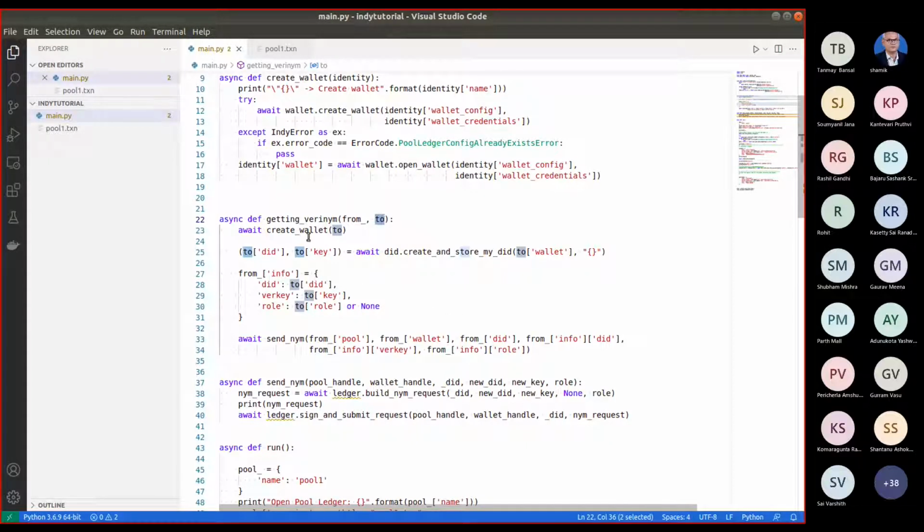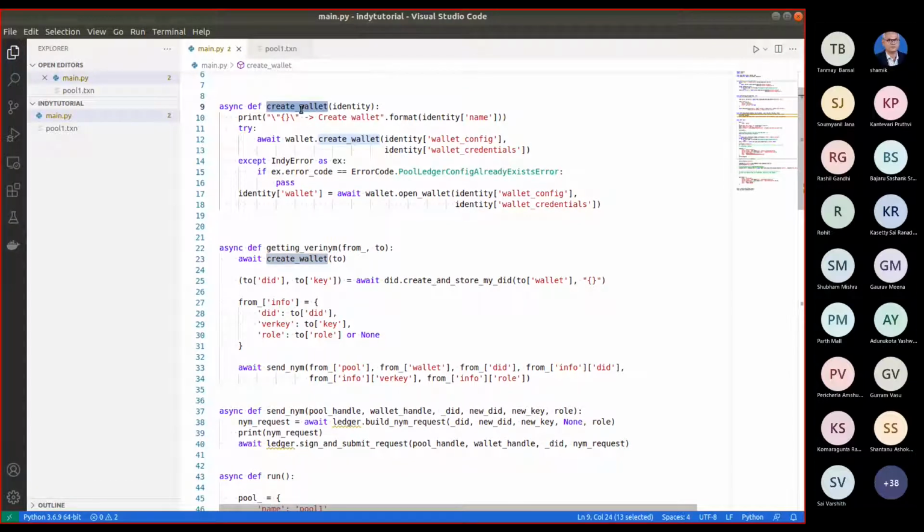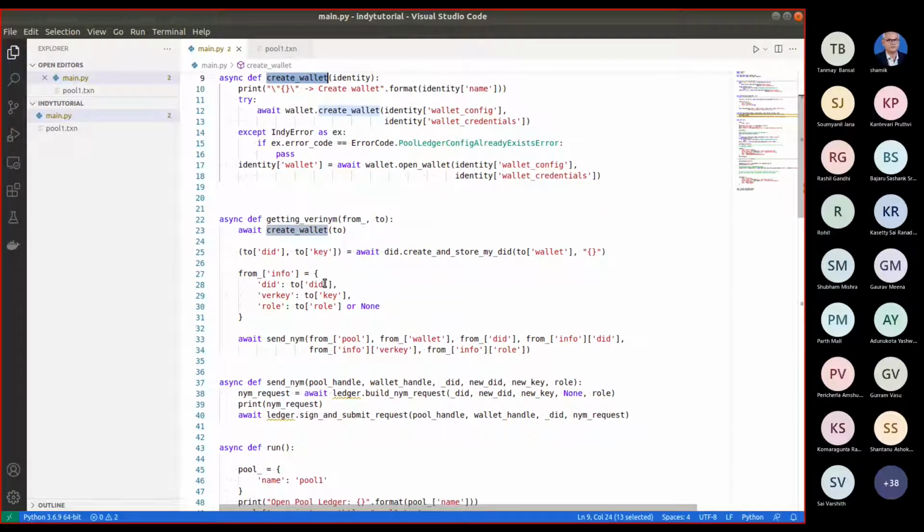So first this function creates this wallet using the same function create wallet, and then it stores the create and store my DID. So note, this create and store my DID only stores the DID in the local wallet. It does not mean that the DID is being registered in the ledger.